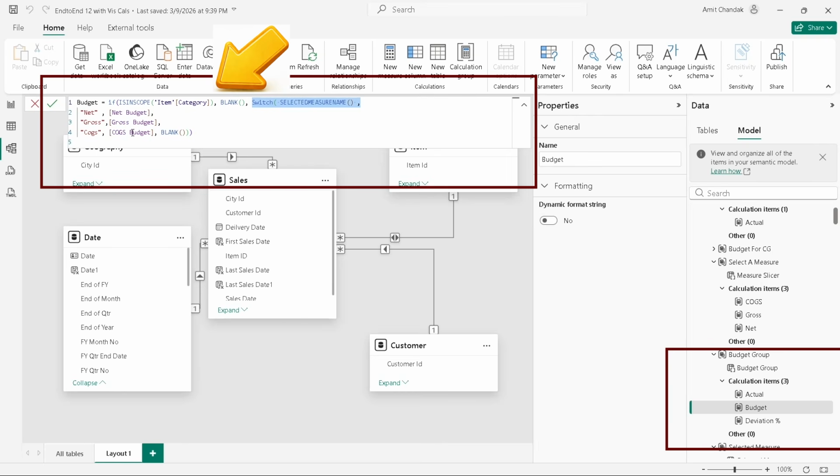If it is gross, then we'll show gross budget. If it is COGS, we are going to show COGS budget. I have all these measures. All other conditions we are going to show blank. So selected measure name is going to give me the measure name which is in scope right now at that time. There is one more variation needed which I will discuss a little later, but let's focus on the third item,